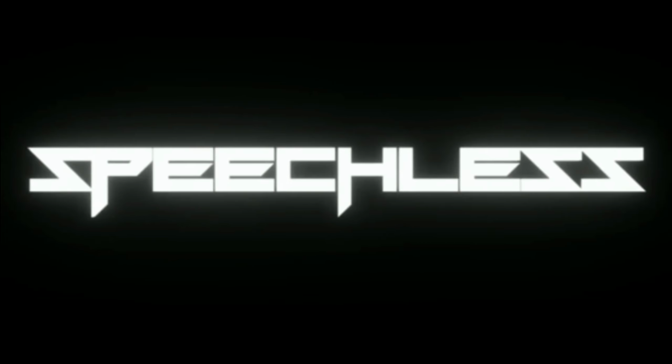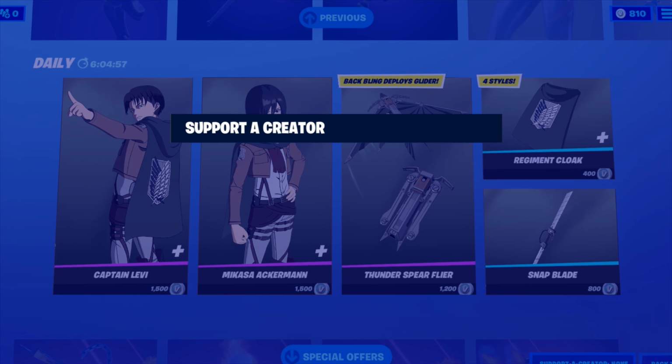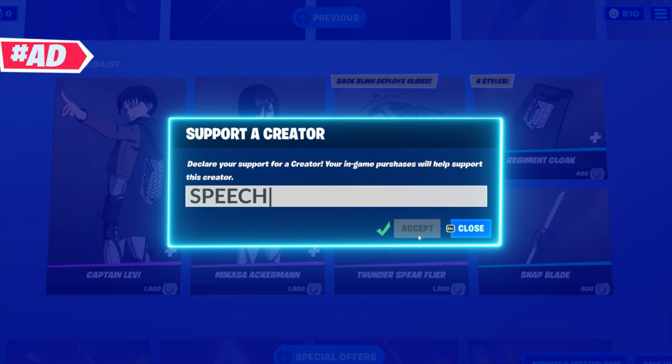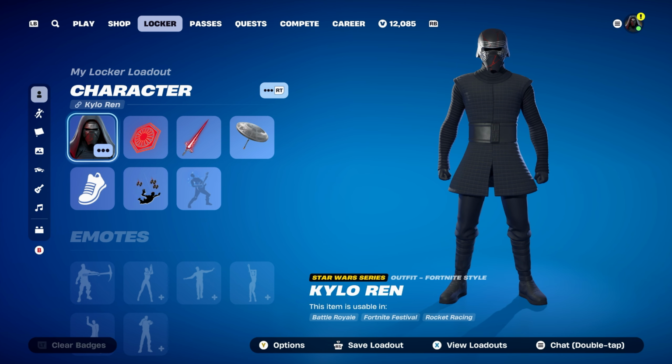Today's video will be Kylo Ren skin combos. Let's get into this video. This video is going to be combos for Kylo Ren, which wasn't seen in the item shop for 379 days